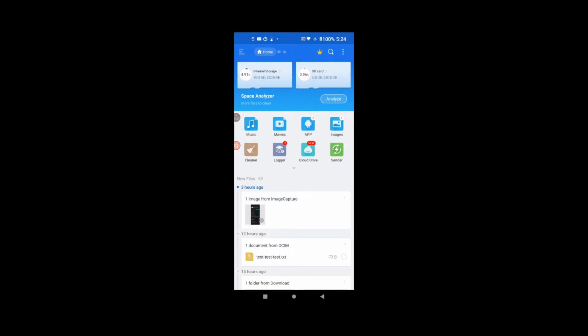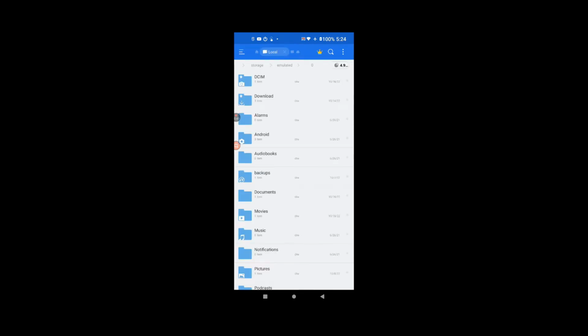So the first thing we're going to do is tap on internal storage and look up at the top of the screen, just below the blue bar where it says local, and you're going to see a right caret and then the word storage, and then another right caret, emulated, another right caret, and the number 0. This is very important. Make a note of that on a piece of paper because you're going to need it